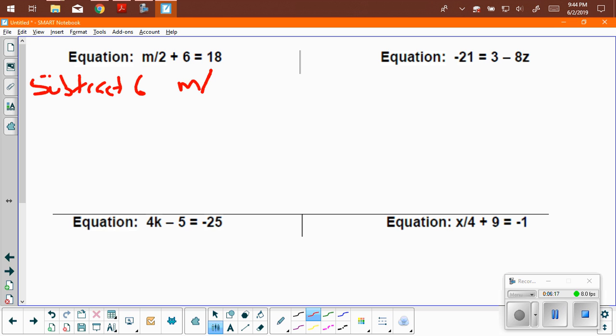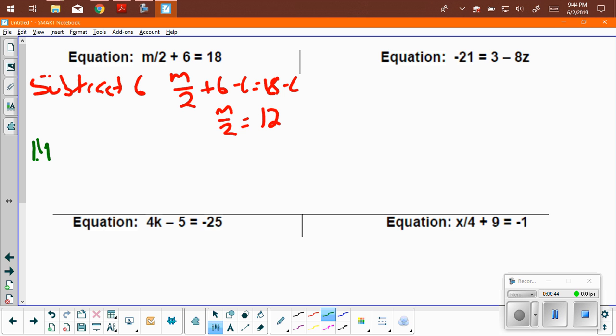So, m, I should write that a little more. We're used to seeing something like that. Okay, m divided by 2 plus 6 minus 6 equals 18 minus 6. Okay, so that means m divided by 2 equals 12. Okay, my next step would be it's divided by 2, so the opposite would be multiply